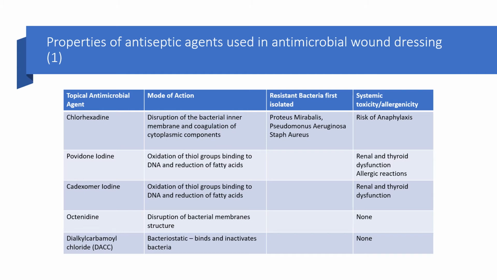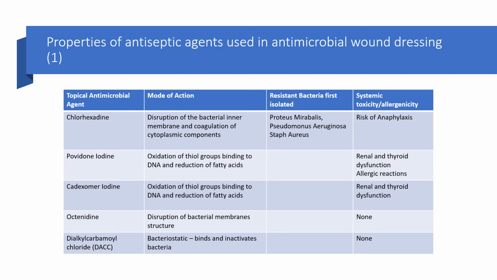first of them is chlorhexidine, which disrupts the bacterial inner membrane and causes coagulation of cytoplasmic components. But it has started to develop some areas of resistance, and there is a risk of anaphylaxis. Povidone iodine, which has been around a very long time, causes oxidation of thiol groups, binding to the DNA, and reduction of fatty acids. There is no known resistance at the moment, but it can affect renal and thyroid dysfunction, and again we've heard